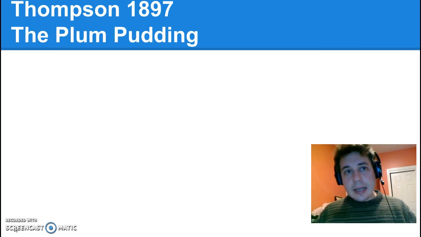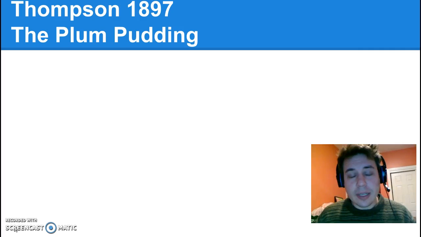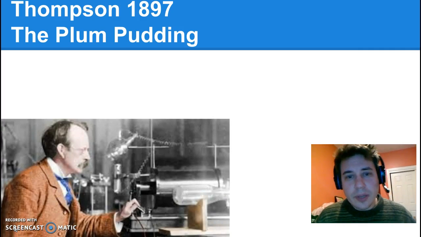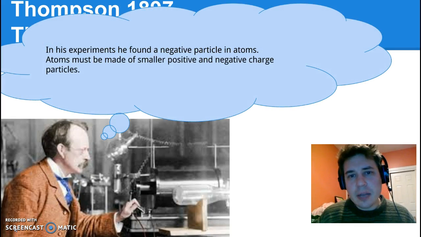And so in 1897, Thomson made a big breakthrough, putting electricity through some gas. He saw some charges come off, and this gave us our first glimpse at what made atoms up. We now call these things that he found electrons. So Thomson in 1897 found for us the first particle of an atom, the electron.